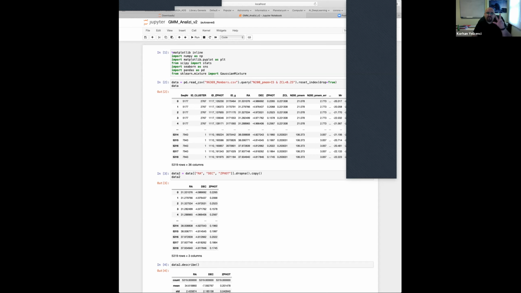So we have three dimensions. One is RA, one is Dec, and one is the distance from us, the photometrically determined distance.